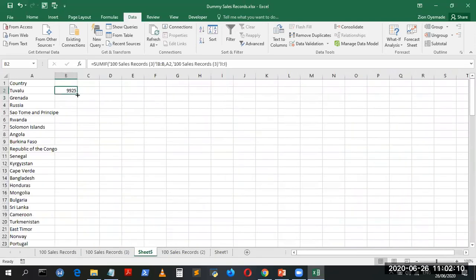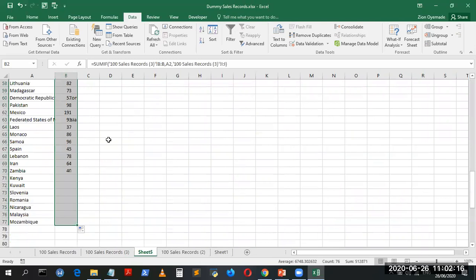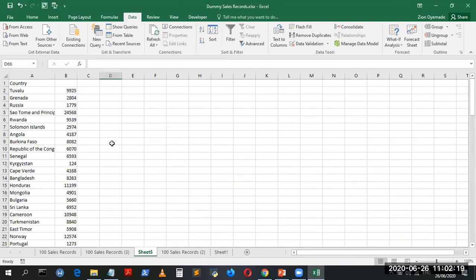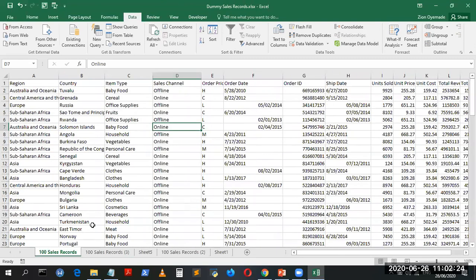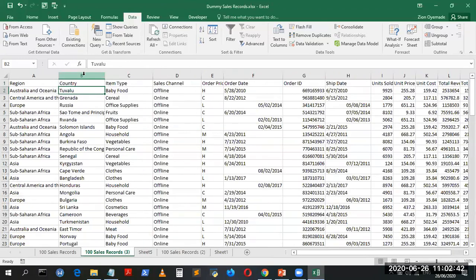Let me drill down the formula, and then, as you can see. The reason why I use this more is that because we formularize this section, if you check our formula, we pick B to B, I to I. B to B means everything on column B, I to I, everything on column I. So as long as